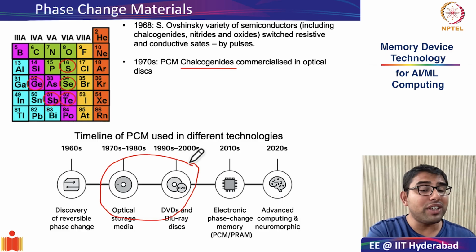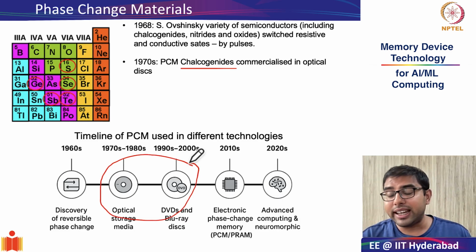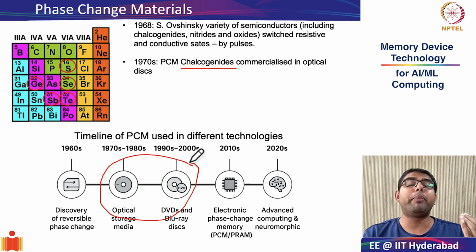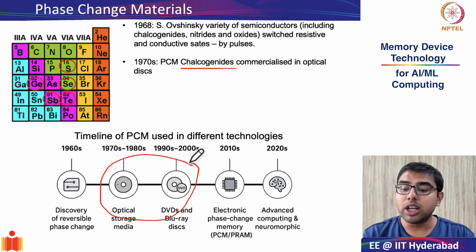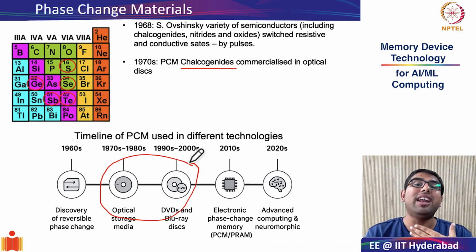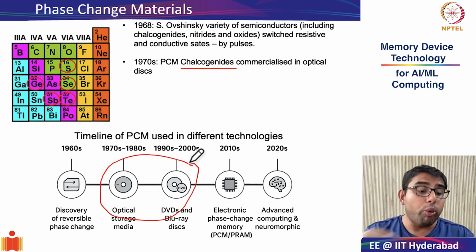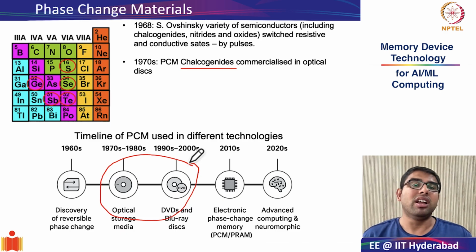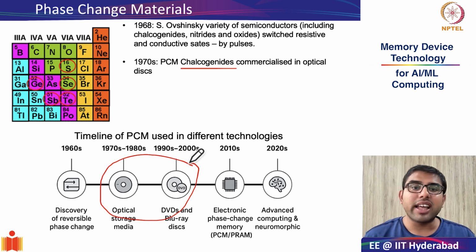As we saw in the previous slide, the crystalline material will have completely different optical properties as compared to the amorphous material. This is because crystalline material has more order, so the reflectivity will be very large, just like you see in a mirror. However, the amorphous material will have very poor reflectivity.